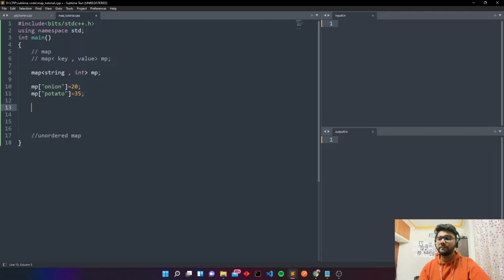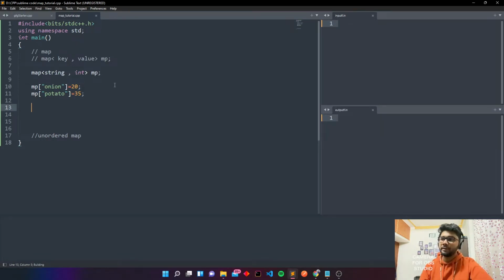So here we have pushed two values, onion and potato, and their rates are 20 per kg and 35 per kg. So now, if you are asked what will be the total cost if you buy onion 2 kg and potato 3 kg.